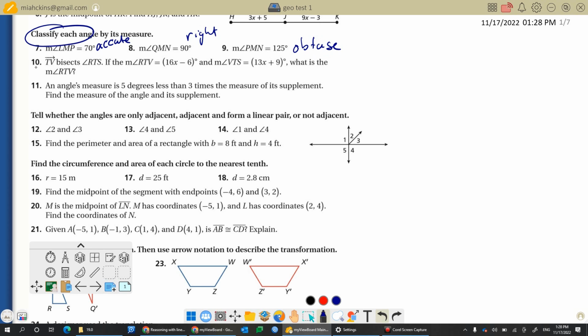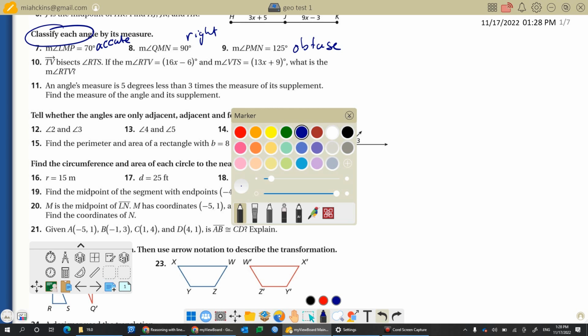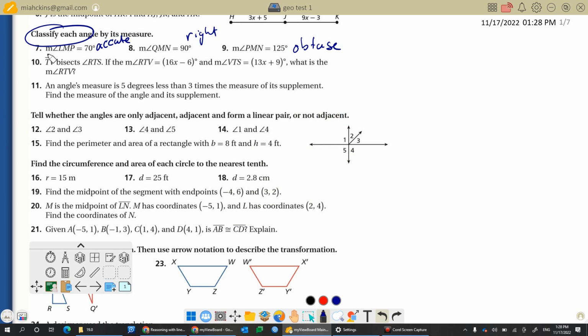And then we go into question 10. Question 10 tells us that TV bisects RTS. So first thing we do is we need to get, what is that? That is an angle. So make sure, let's get that angle written out. So we draw out the angle. We say RTS because T is in the middle. T is here at the vertex. So now we have this angle, and then we are told that TV, ray TV, so from TV